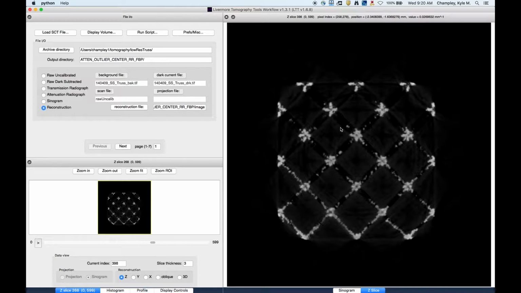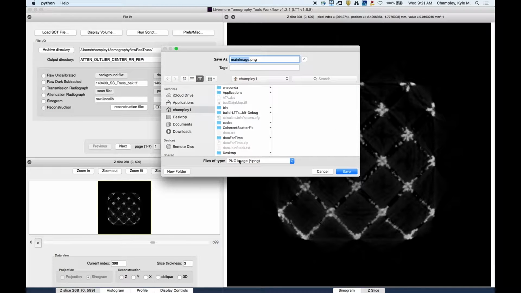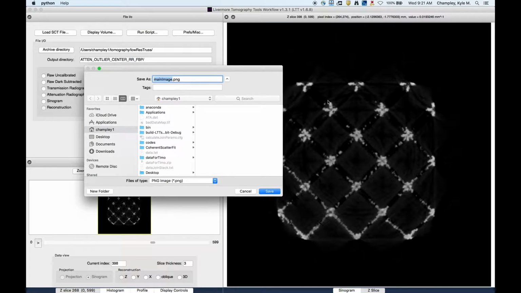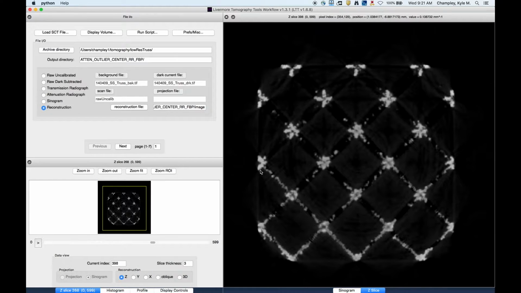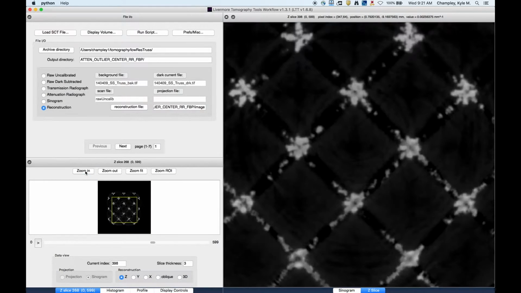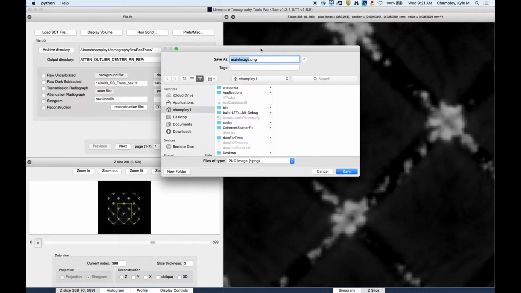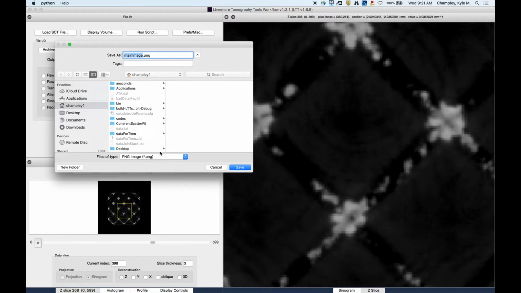Okay, other things. If you right-click on the image, a box comes up, and you can save that image as a PNG, as a TIFF image, or as an SDT. Now, if it's a PNG image, it will save exactly what you're currently seeing. So if you zoom in to a particular area, and then we right-click, it will save exactly what you are seeing. We'll save it as a PNG, which is good for a report. But if you just want to save the data